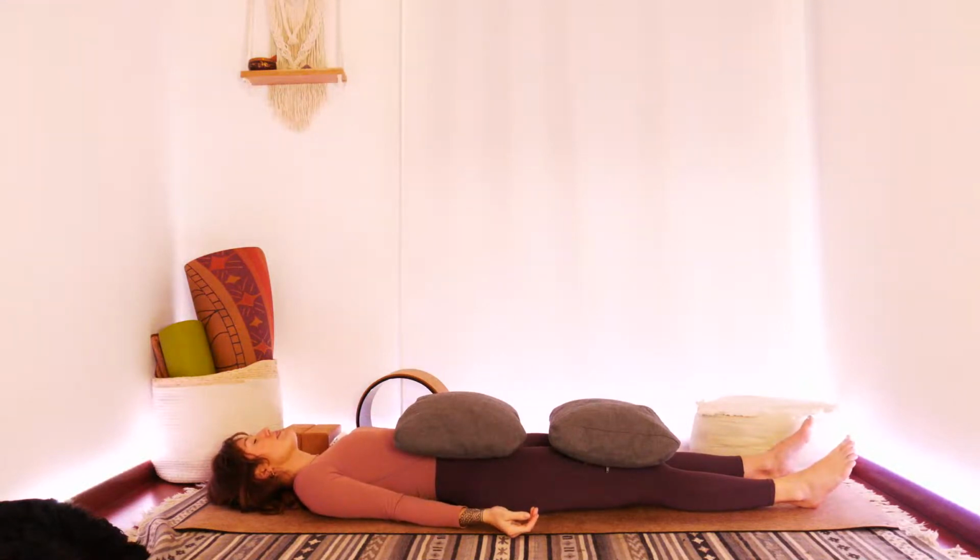And if you feel like receiving, you can allow your palms to be facing towards the sky. And if you would like to ground down and root away into yourself, you can have your palms facing the ground. And I invite you to close your eyes. Before we drift off into this moment,